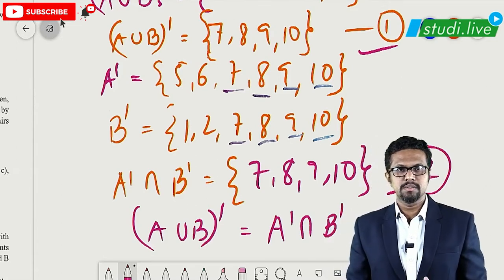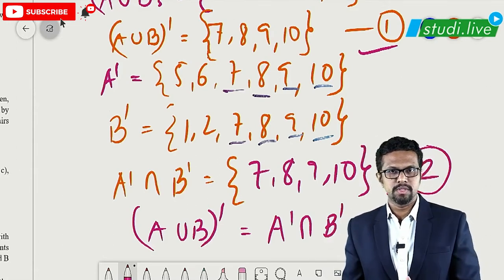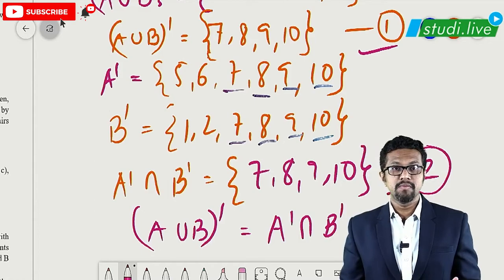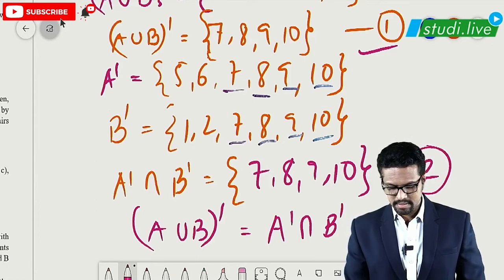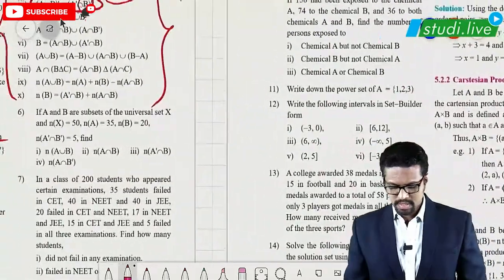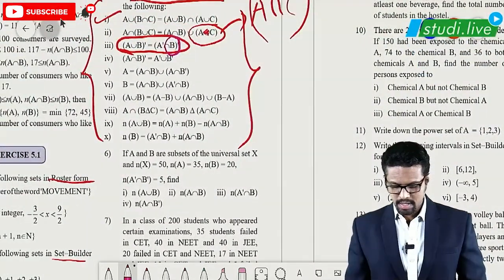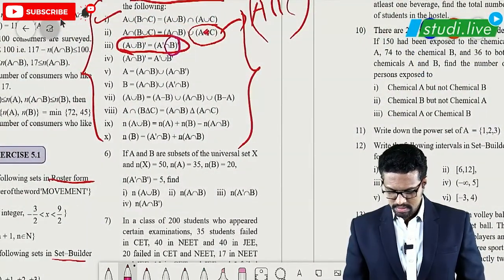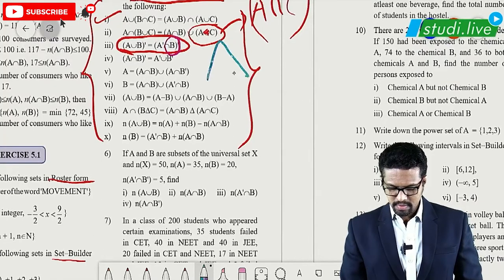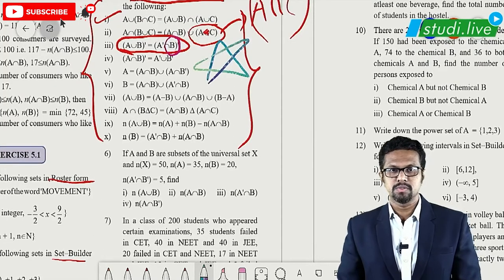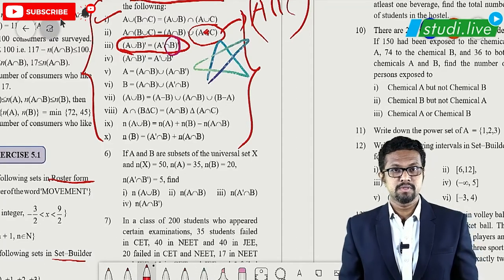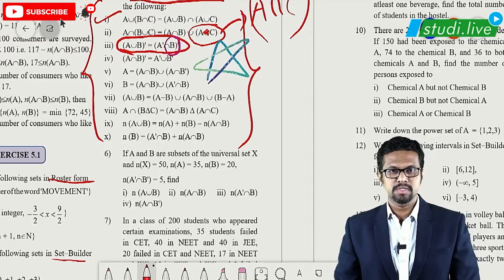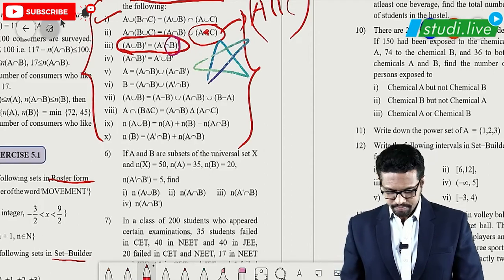This is how we can solve this question. We generally solve the LHS part separately, solve the RHS part separately, and verify that the values in the first and the second part are the same. That is how we solve this type of question, and this is a very, very important question. Keep this in mind, and when you are going for the exams, if you have this topic, practice this question very well.